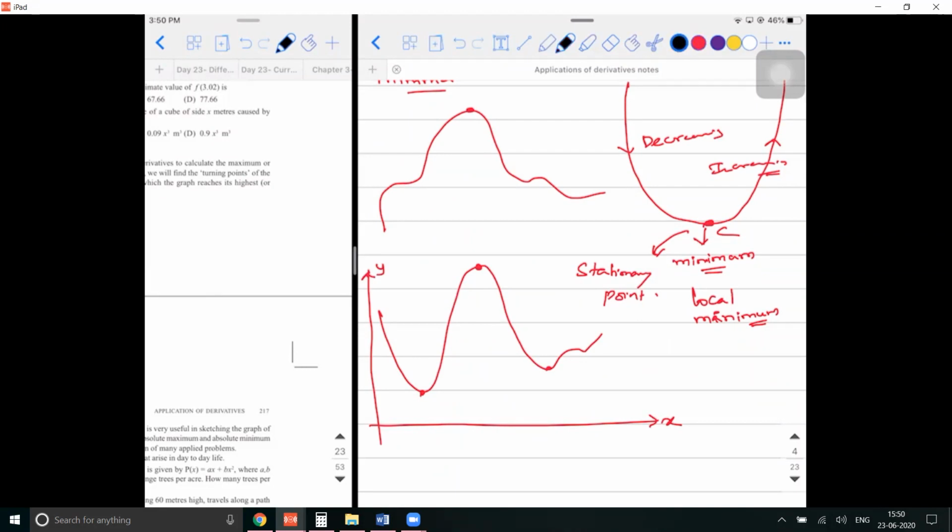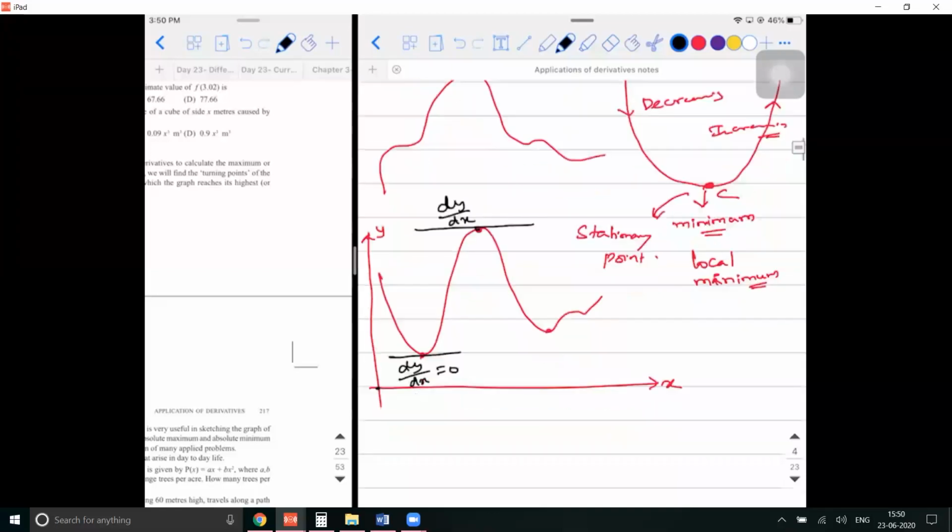So if I put a coordinate system like this, if I take this as the origin, and you plot the function on the graph sheet, if you draw a tangent at the point of maxima, or even at the point of minima, you're able to understand dy by dx at this point or dy by dx at this point is what? Is 0, because it is parallel to the x-axis. If you draw a tangent at that point, it is going to be parallel to the x-axis.